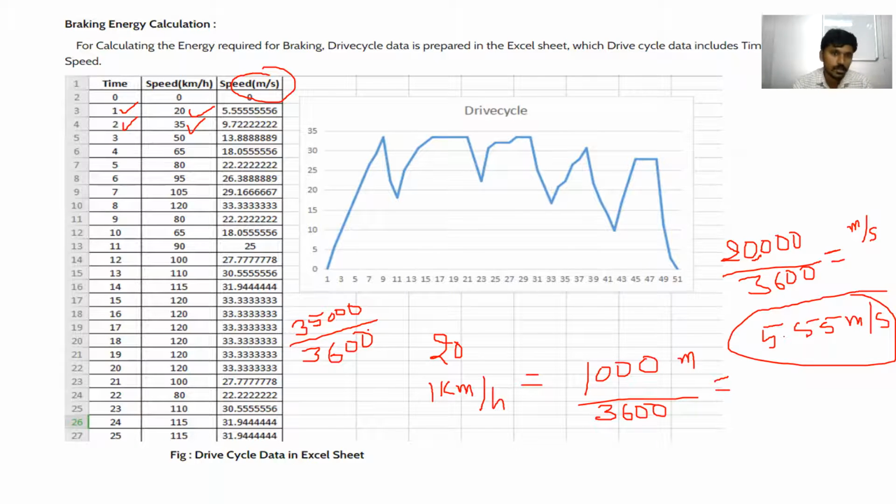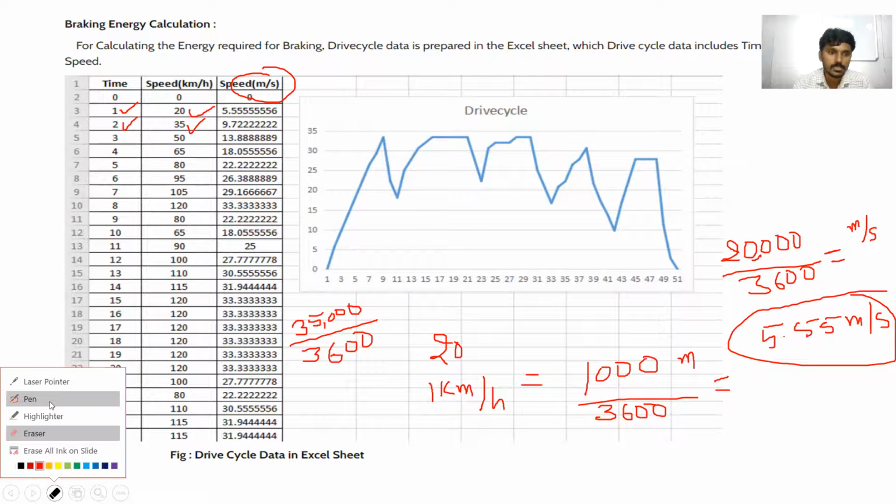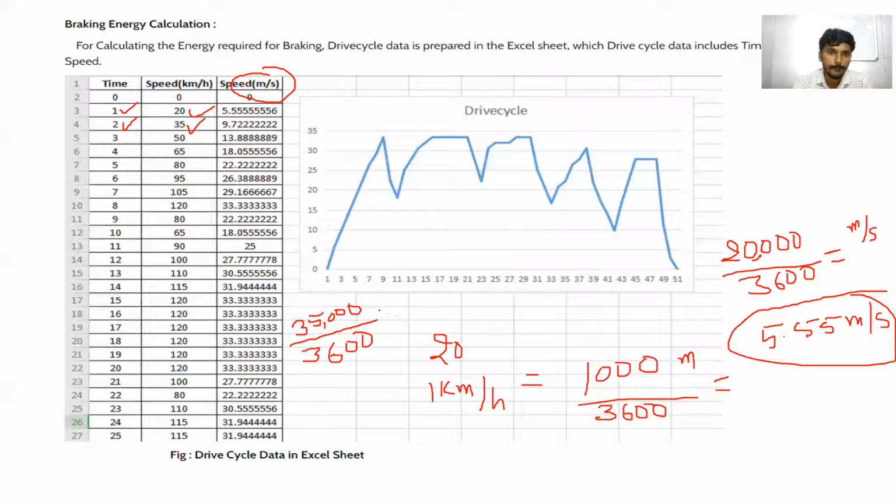What is the value of this? 35,000 by 3,600, or 350 divided by 360.